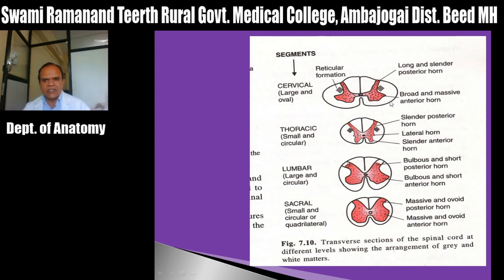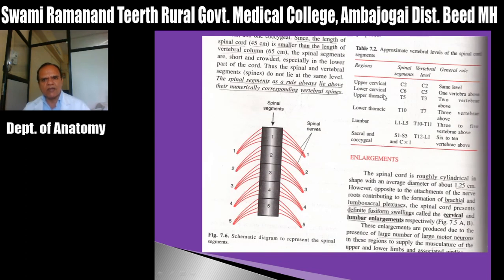Here is the anterolateral sulcus through which the anterior root is emerging, and here is the posterolateral sulcus where the posterior root is emerging. So the posterior root and anterior root join together, and then the spinal nerves emerge out through the intervertebral foramen. So externally, we have the anterior median fissure, posterior median sulcus, anterolateral sulcus, and posterolateral sulcus. When you go inside the spinal cord, you have this grey matter. This is the central canal, and surrounding the grey matter is the white matter.